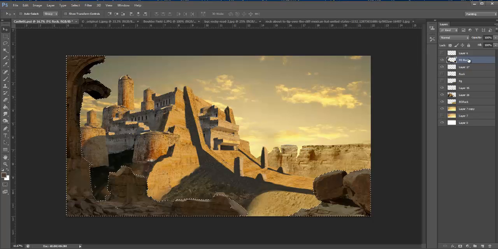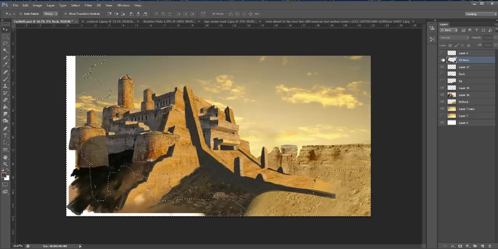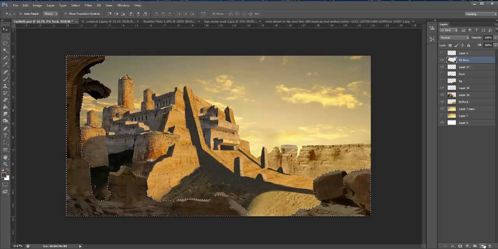Actually, let me do it this way. I shouldn't have copied and pasted. If I just take the selection and just create another layer, here, let me show you. So look, I was making it one extra step when I don't need to. Here we go. So what I'm going to do is I have basically this selected, but I'm on another layer